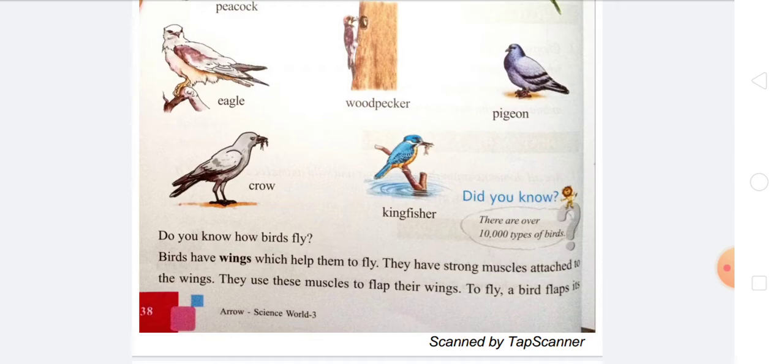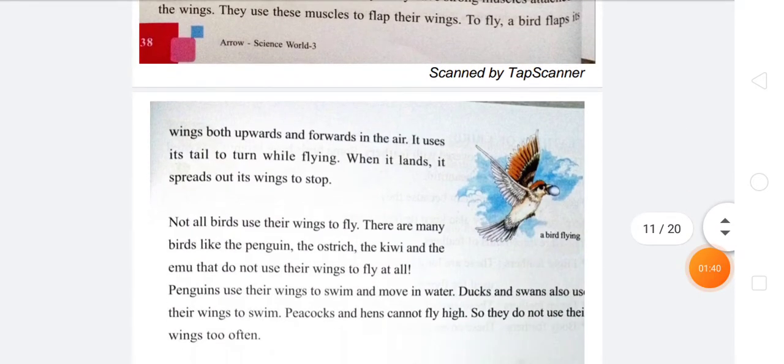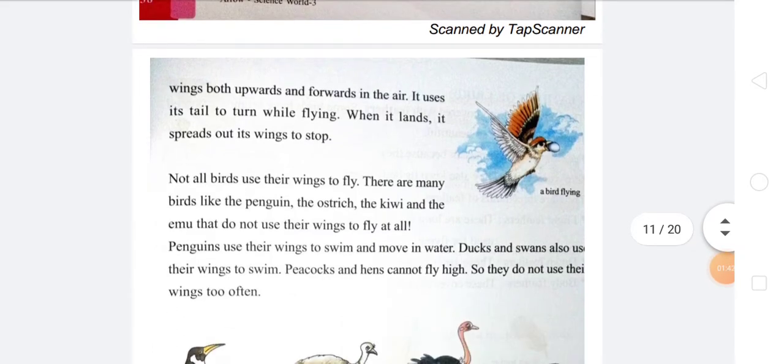Do you know how birds fly? Birds have wings which help them to fly. They have strong muscles attached to the wings. They use their muscles to flap their wings and fly. A bird flaps its wings both upwards and forwards in the air.